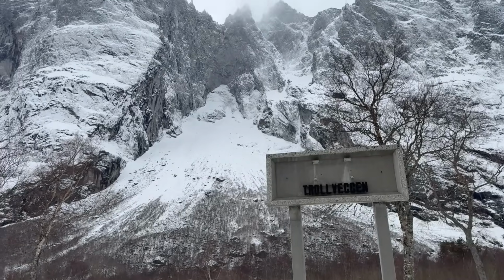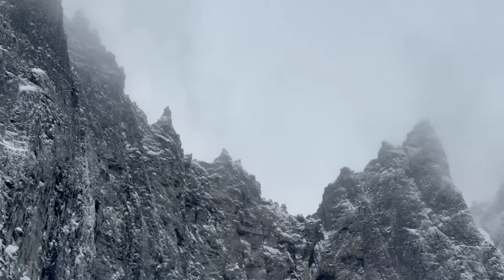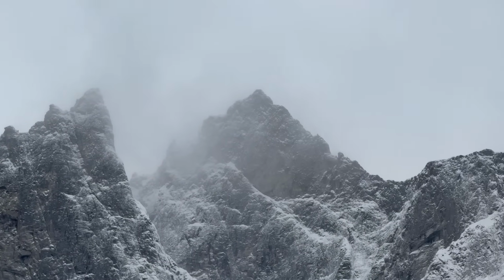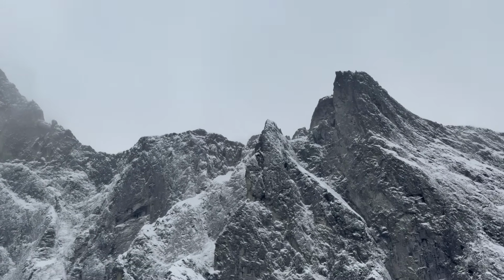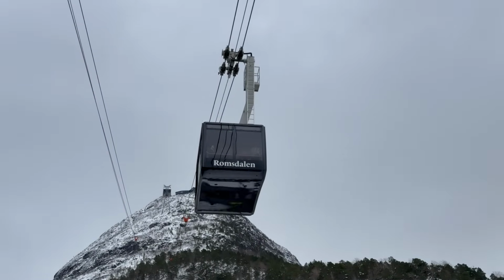What an imposing sight this is. In a place like this, you're in no doubt that Mother Nature is in charge, and it's easy to see where Norway's troll folklore comes from when you see mountains like this. This short tour was the perfect length to get us back to Åndalsnes in good time for our afternoon trip